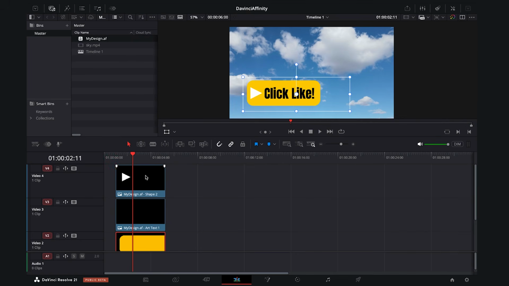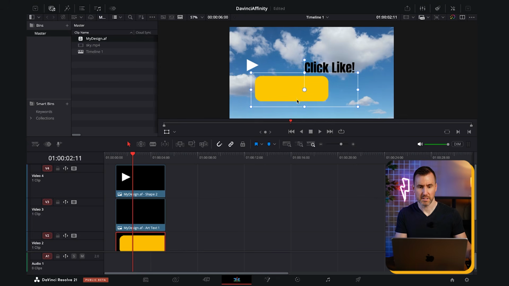You're basically committing to each of these layers as a separate image. If you want to have new Affinity changes reflect in your document, you'd have to redrag it onto your timeline. But still, I think this is a pretty cool feature for breaking down your composition into individual elements. And then you could animate these separately however you like. I will say that sometimes if you add complicated effects into your Affinity documents, they might not separate correctly in